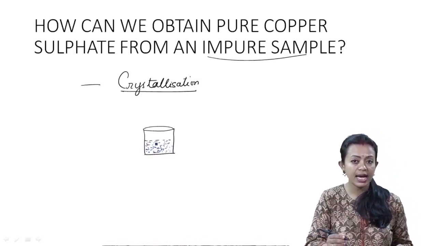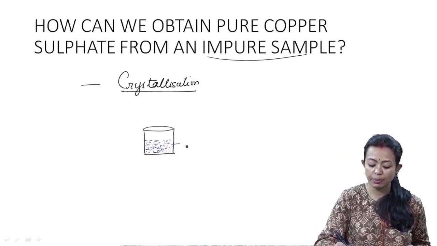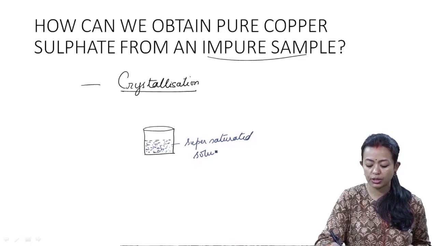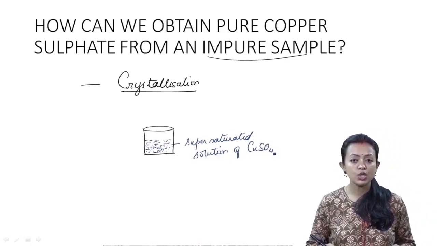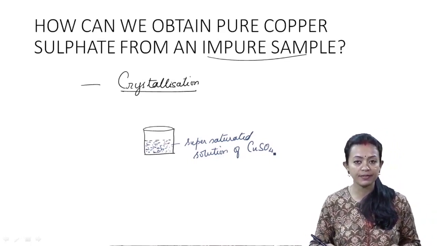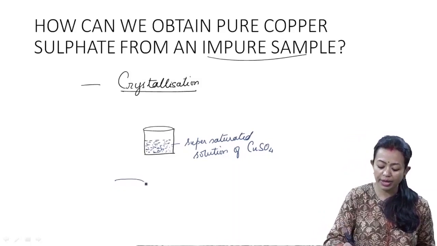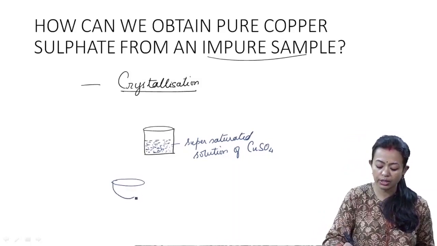So basically our idea is that we prepare a supersaturated solution of copper sulfate. Now once we have made the supersaturated solution of copper sulfate, we pour it into a china dish